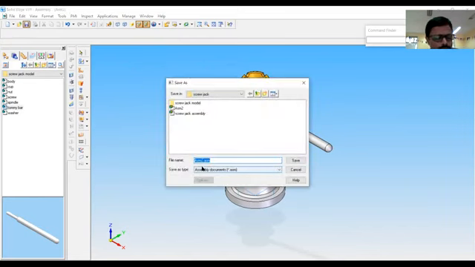Save it in the same folder, assembly of screw jack, assembly of screw jack model.